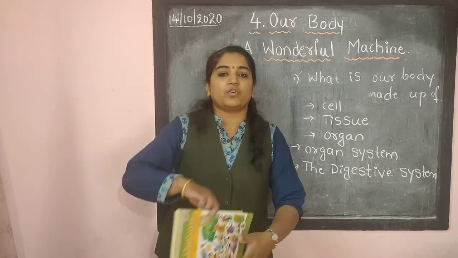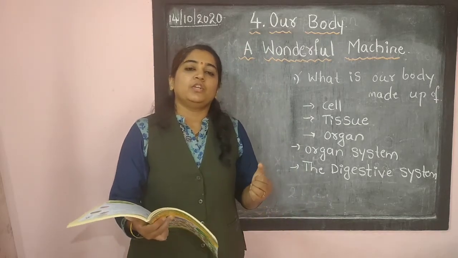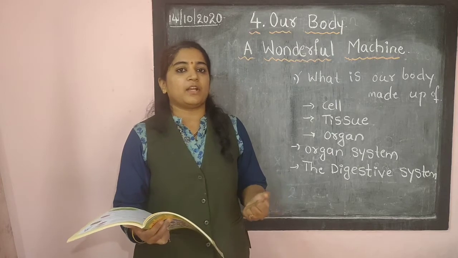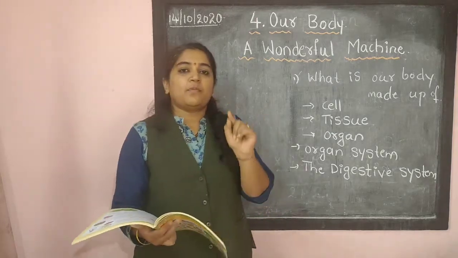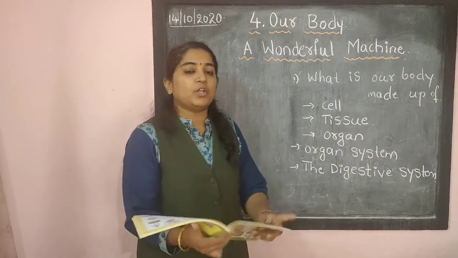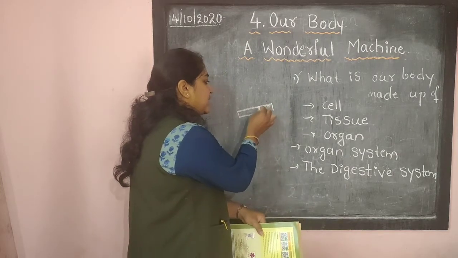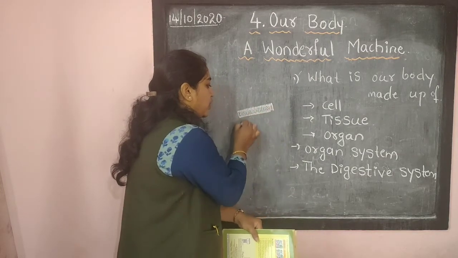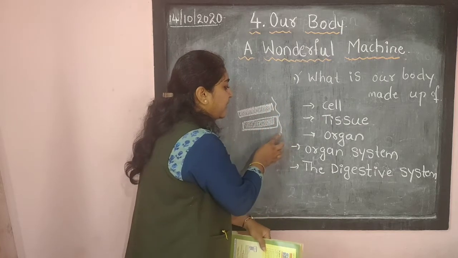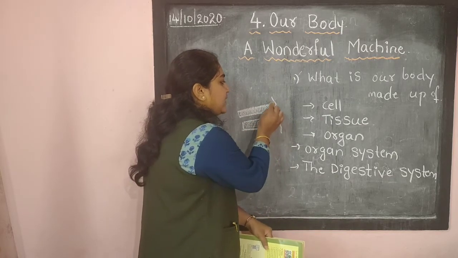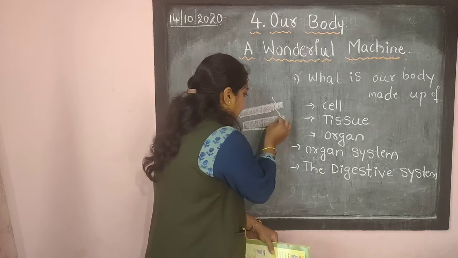Now I will ask you one question. How does blood come out from your knee? You got hurt and the blood started coming out from your knee. So in our body small tubes are there. In those tubes the blood is circulating, the blood is going through the small tubes in our body. When we got hurt, the blood started coming out from the hurt area.